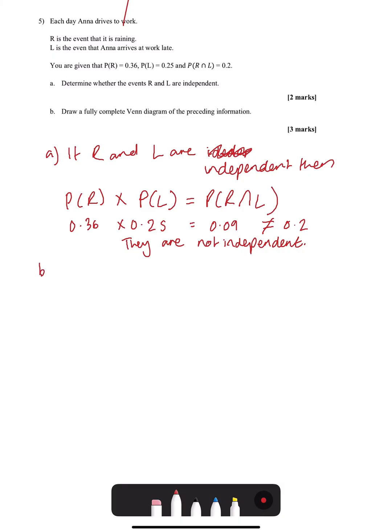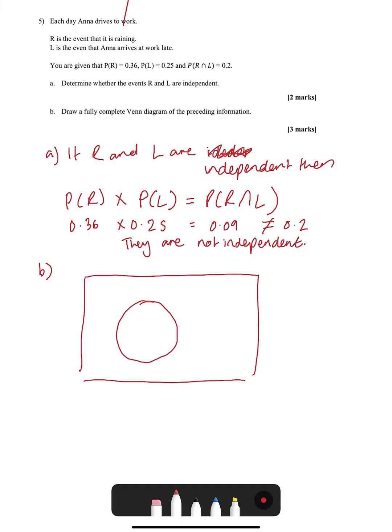which says draw a Venn diagram. So my Venn diagram, we have to have a box around the outside as well. And I've got two circles. This one's R, this one's L. And the middle bit is the 0.2, the intersection. Now, the probability of R, we're told, was 0.36. So that means all of this circle, including the middle bit, has to add up to